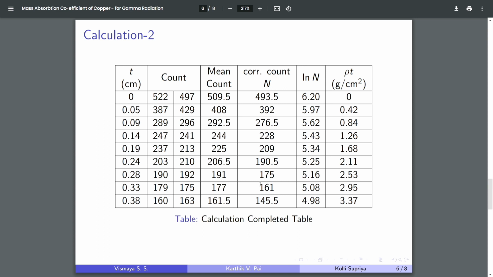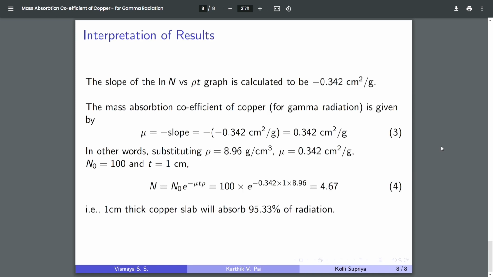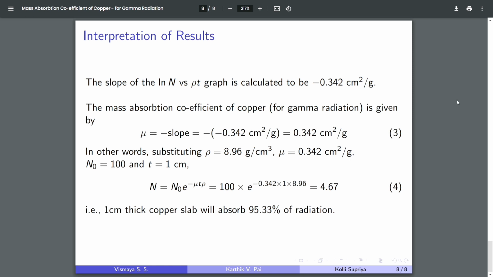Let us plot ln N versus rho t. The graph of ln N versus rho t is found to be a straight line with a negative slope. The slope is given by minus 0.342 cm square per gram. The mass absorption coefficient of copper hence will be mu equal to minus of slope, which is 0.342 cm square per gram. In other words, substituting rho equal to 8.96, mu equal to 0.342, N naught equal to 100 and t